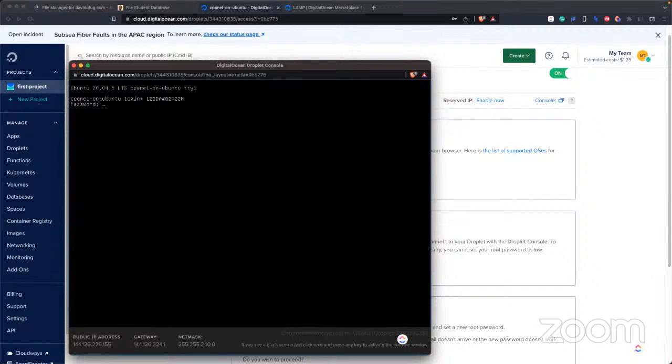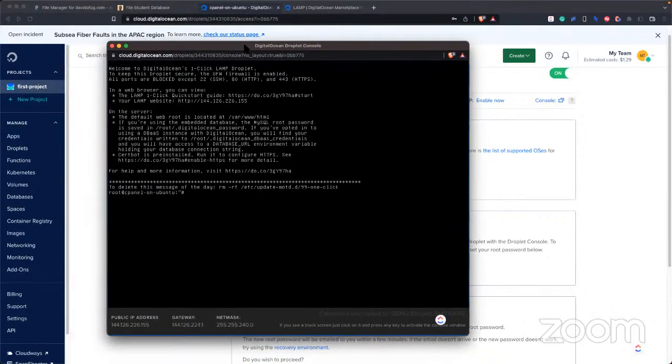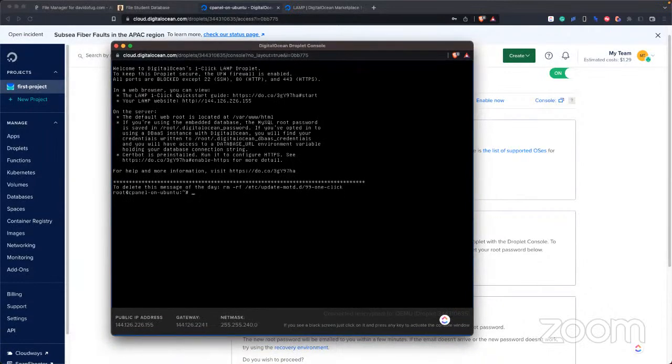That's wrong. So I'll put root, the default username. I'll paste the password. And yeah, so we've logged into the terminal, but